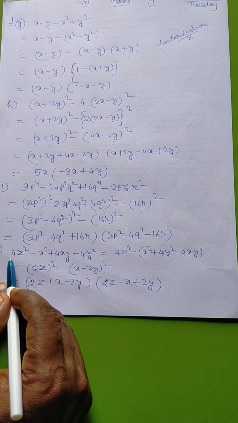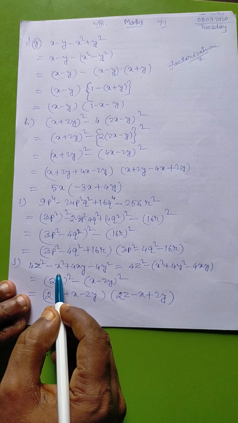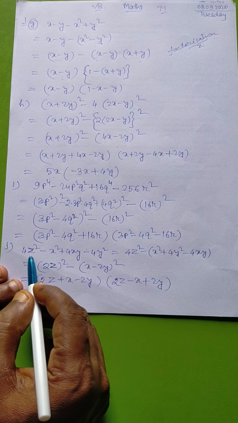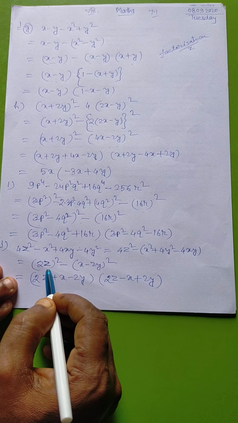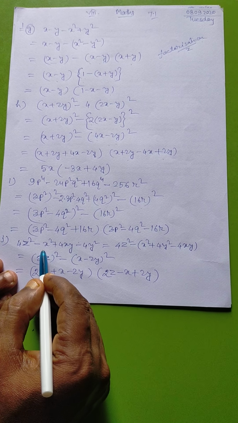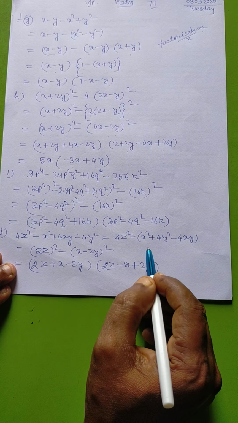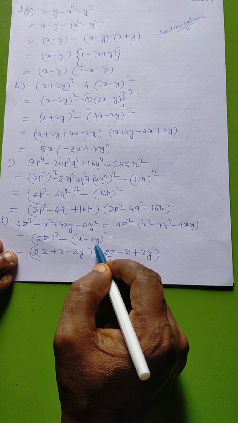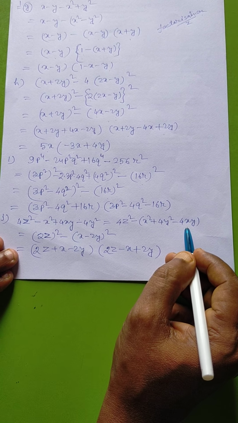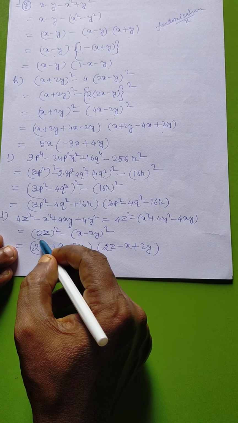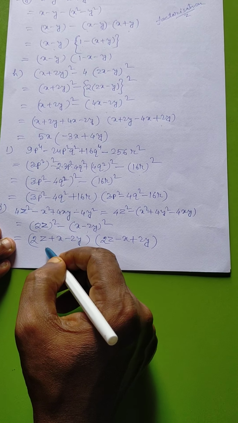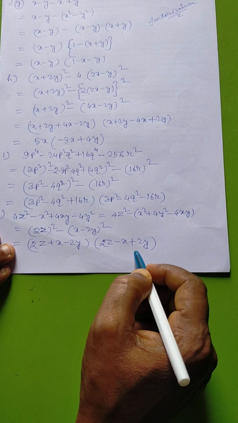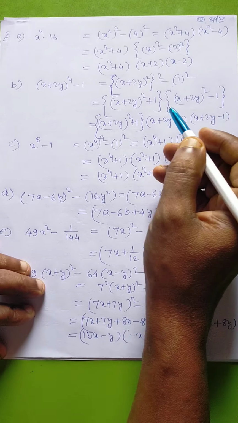Here you see, here 4z square, and here x square, xy, y square. This is one type, this is another type. So keep it: 4z square means (2z) whole square. And this is taking common. We are keeping here this plus this minus this. This is a formula: (x minus 2y) whole square means this one. Now we are getting a square minus b square formula, means (a plus b) into (a minus b). Here minus into minus, so plus is coming. Okay, start. Now you see,